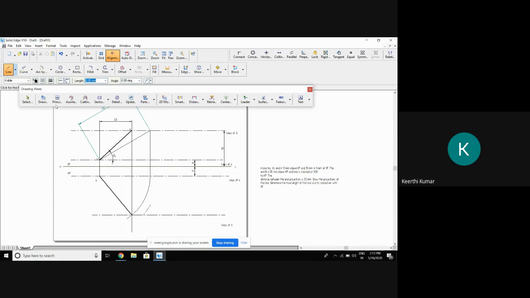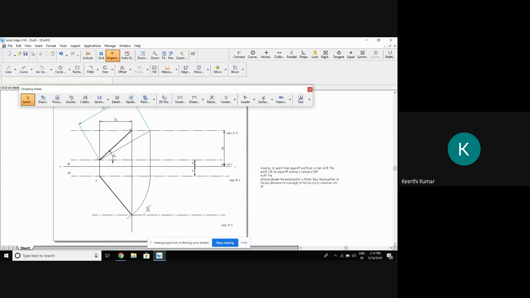Then if we join the line here, and if we measure, this will be 90. So both the sides true length should be same, and end projectors should be connected to the apparent length line. See the apparent length. The length of the apparent line is different, but the true length on both VP and HP will be same. Is it clear? This is one method to get the true length.